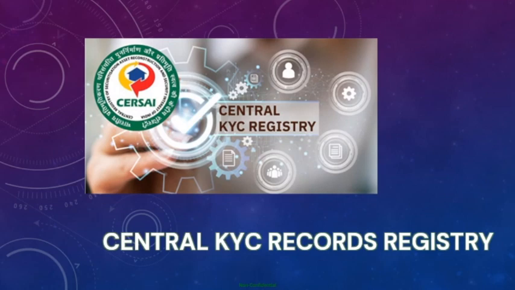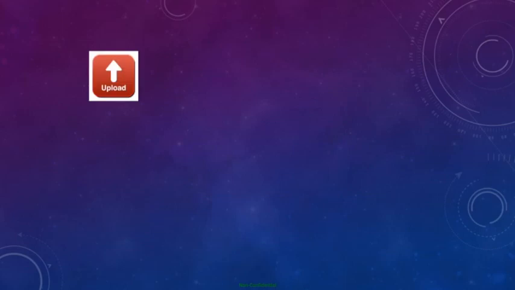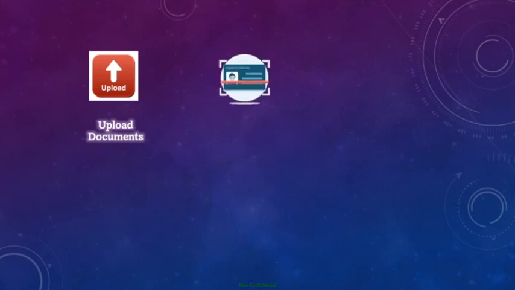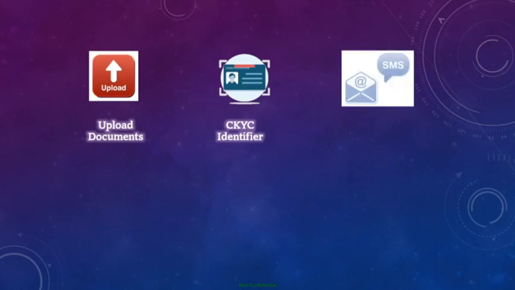to the customers. When a new customer submits the KYC documents, the institution will upload the KYC documents to CKYC. CKYC then creates a unique KYC identity number for the customer, known as the CKYC identifier. The CKYC identifier is then shared with the customer over mail or SMS. The institution is required to display the masked CKYC identifier of the customer in the mobile banking app, internet application and printing in passbook, account statement, policies etc.